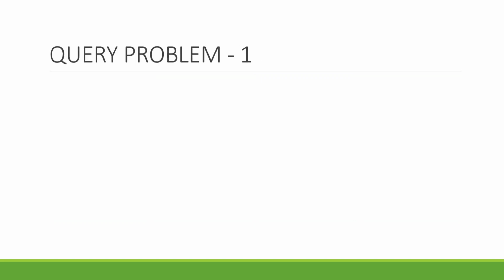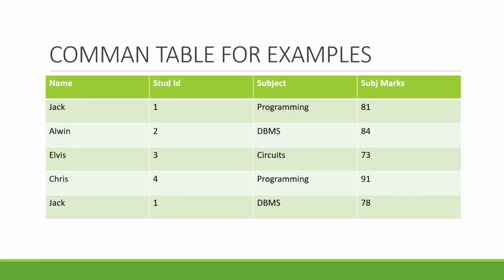So let's get started. The first query problem is that we need to find out the maximum marks by any student in any subject, right? If we look at this problem, first we need to check on which particular field we have to query, and we can see it is the marks field that we want to query into, right? Now if I go back to the table and look into the marks field, the fourth row returns 91, and that is the maximum marks. So I actually want to return the 91 element from this particular table.